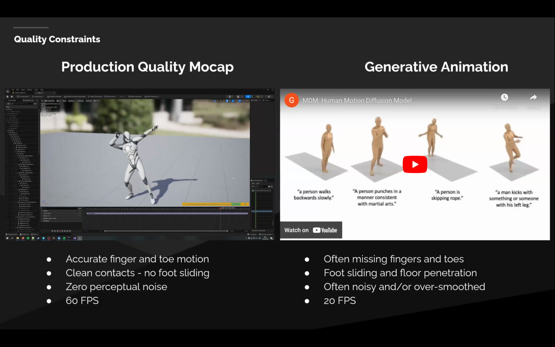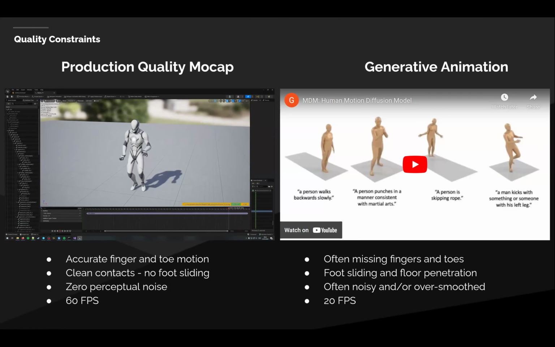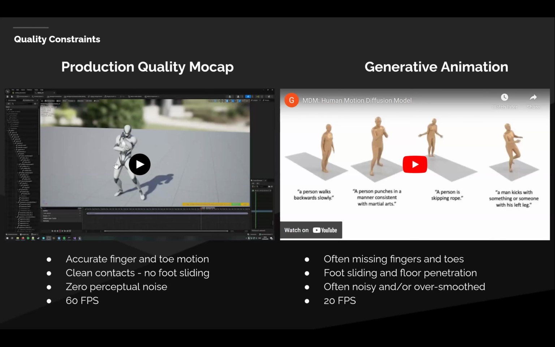So there's no foot sliding, at least no perceptual foot sliding. And we have no interpenetration or floating. There's no noise on the data either, at least no perceptual noise. And it's at 60 FPS. I think this is a random clip I pulled out of our database. This was a very normal capture, which we ran through the normal processing pipeline.